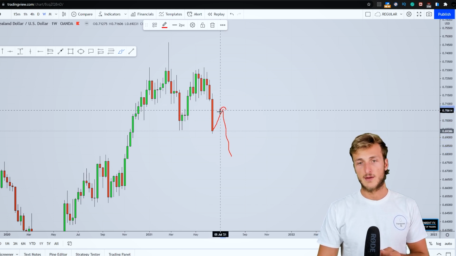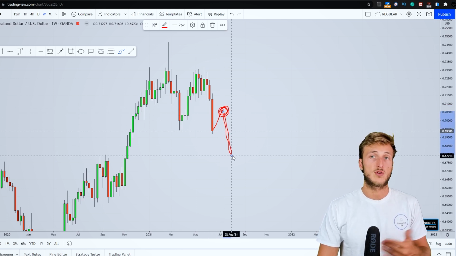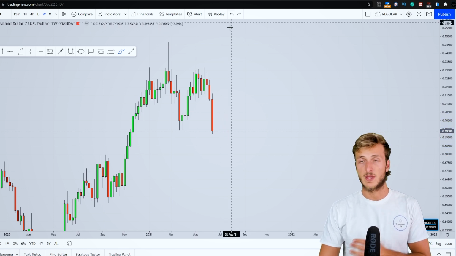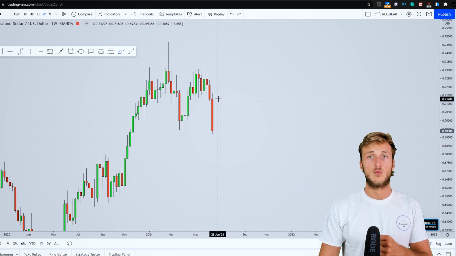And obviously, after a correction, there is the possibility to be looking for a high risk to reward opportunity to the downside, since, as we have already seen on the monthly, we do expect in the long term more continuation